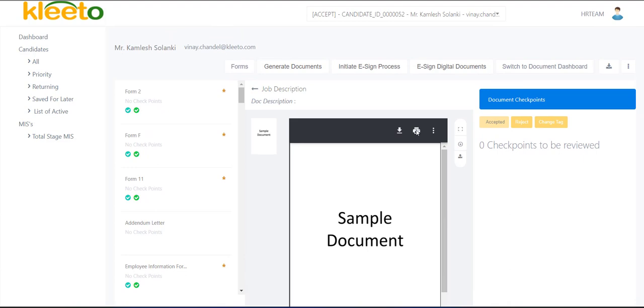And once all the documents are accepted, a mail goes back to the recruiter and the candidate that all the documents are accepted, and we are initiating your profile for the next stage, or in this case, this is the last stage, so the HR team initiates the e-signature process for the candidate. I will go back to the candidate now because he's at the signature stage, and now he has to sign in the documents and create a digital file.